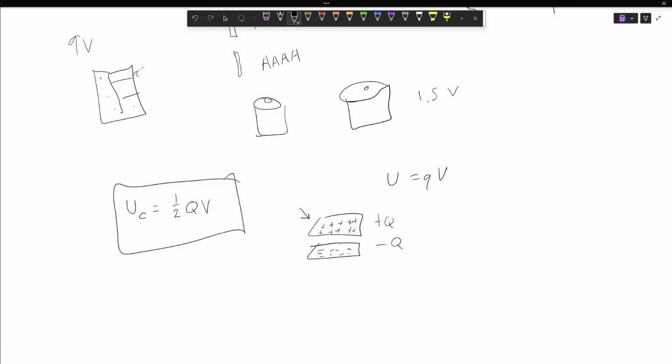And because voltage is a scalar, that means if I go from any spot here to any other spot here, doesn't matter what path I take. If I take this path or this path or this path, any of those paths are going to have the exact same difference in voltage,